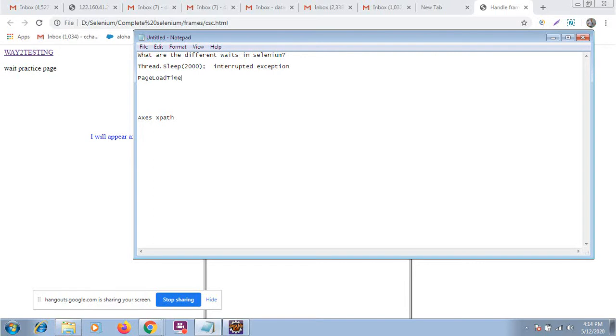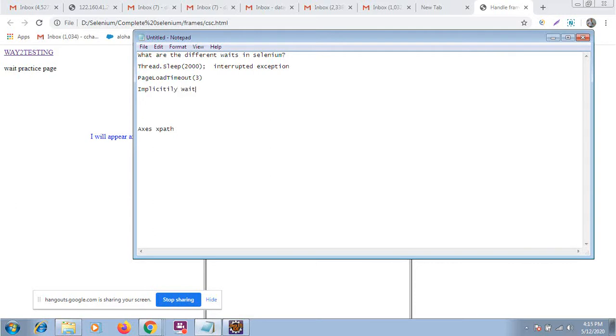Page load timeout, as the name says, is used to check how much time a page will take. For example, whenever you are designing the framework, you have to define a page load time. Okay, and you will be using this page load time at every part of your project. For example, your application has a standard that every page should load within at least 3 seconds. So for your application, the page load time will be 3 seconds for each module. Okay, now the third wait is the implicit wait.